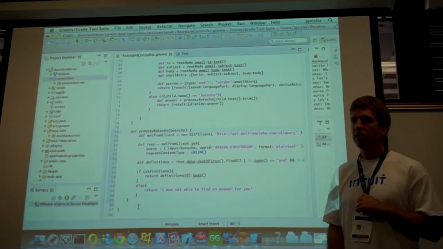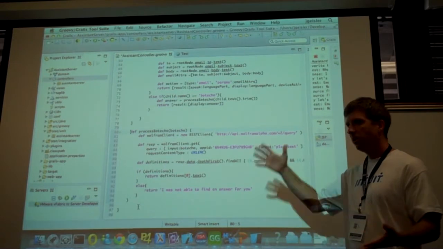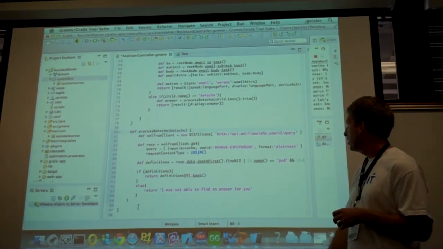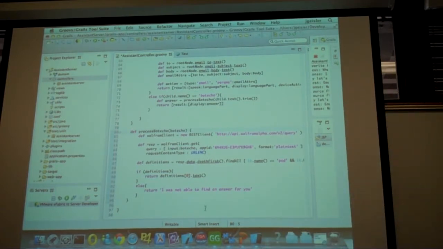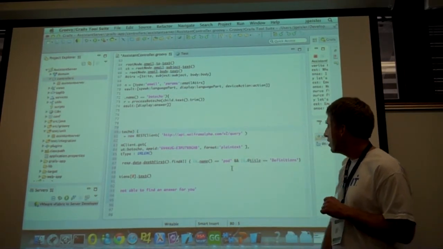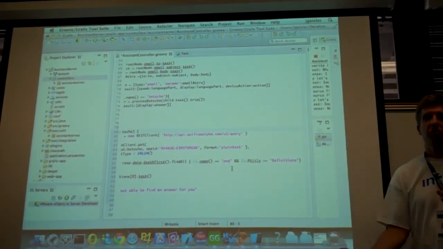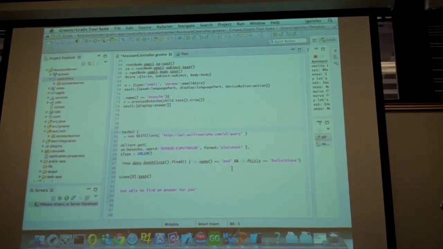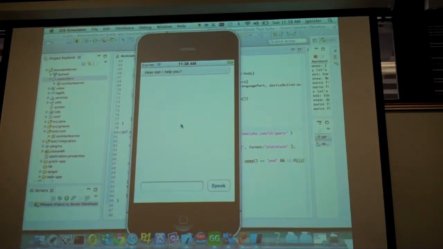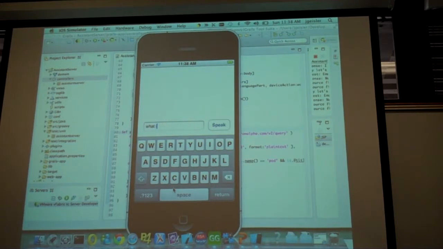And what you get back from Wolfram Alpha, if you haven't used it, is a pretty big XML response, and parsing it can be a little intimidating. I'm probably doing the simplest approach possible here. All I'm doing is looking for an XML element in pod where the title is definitions, because for my simple use case here, I just want to know what's the definition of a symphony. So let me save it this time. And without ever having written a line of code or even stopped my simulator, I should now be able to